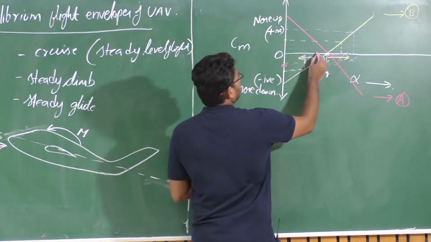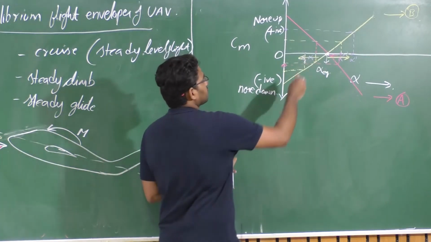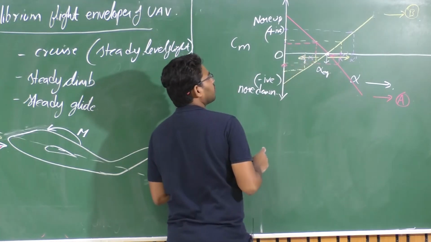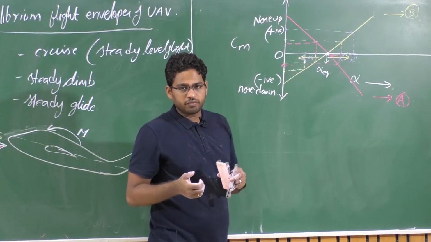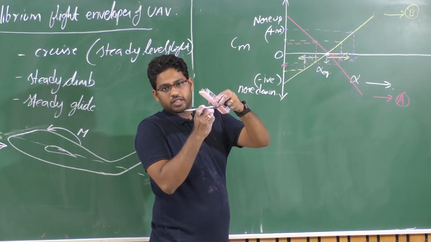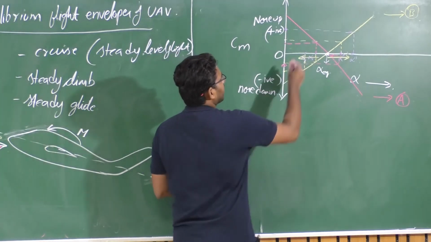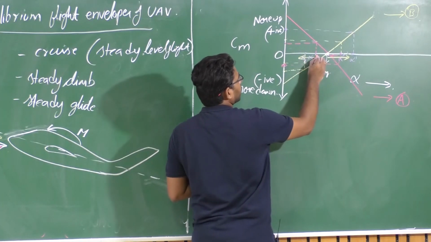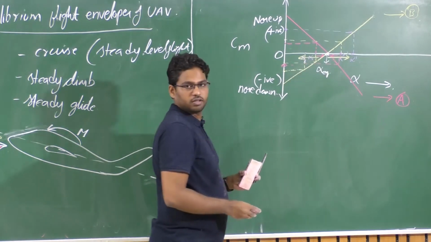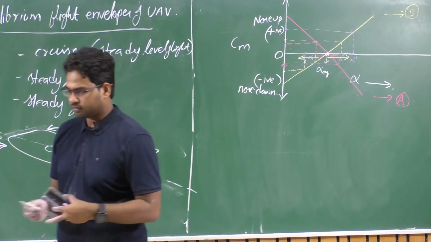On the other hand, when the external disturbance decreases the angle of attack, the aircraft with curve A will produce a positive pitching moment that will help the aircraft to rotate nose up, right? So which increases the change in angle of attack, isn't it? So it will try to increase the angle of attack. What is the increasing direction of angle of attack? Towards my right. So from here you are trying to move towards this point alpha EQ. So you are trying to move towards the equilibrium location, right?